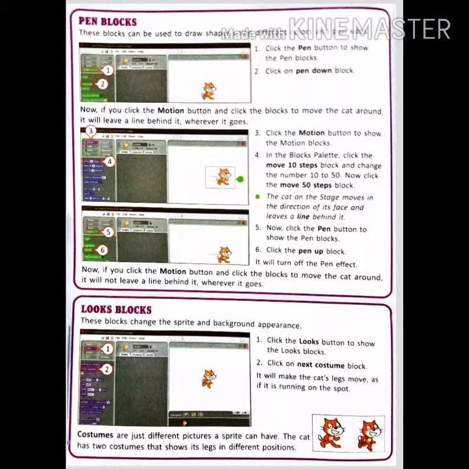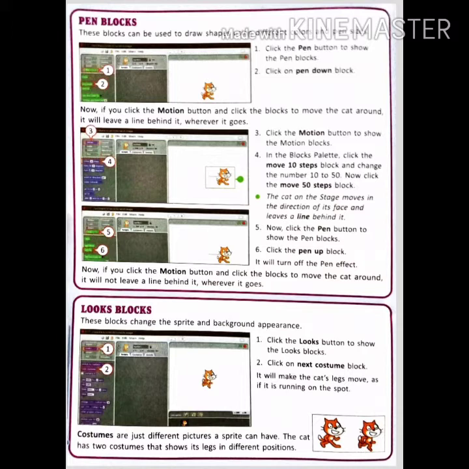Third, click the motion button to show the motion blocks. Fourth, in the blocks palette, click the Move 10 Steps block and change the number 10 to 50. Now click the Move 50 Steps block. The cat on the stage moves in the direction of its face and leaves a line behind it.